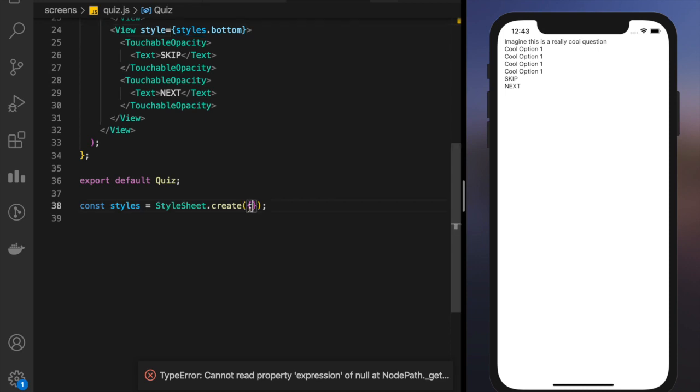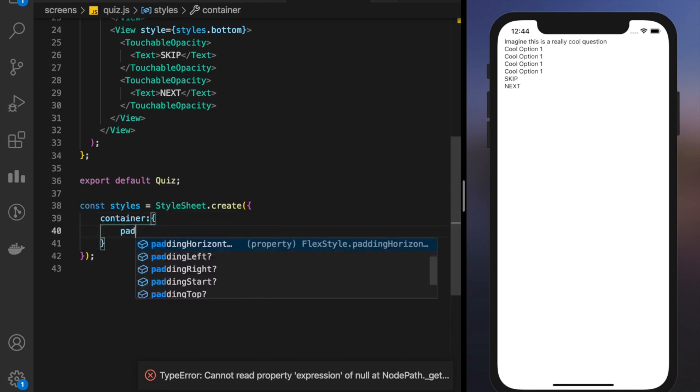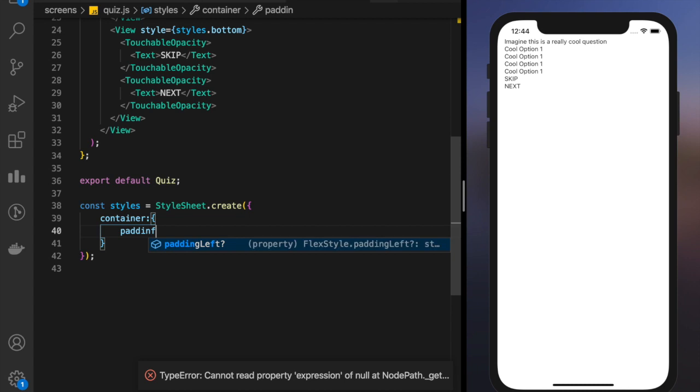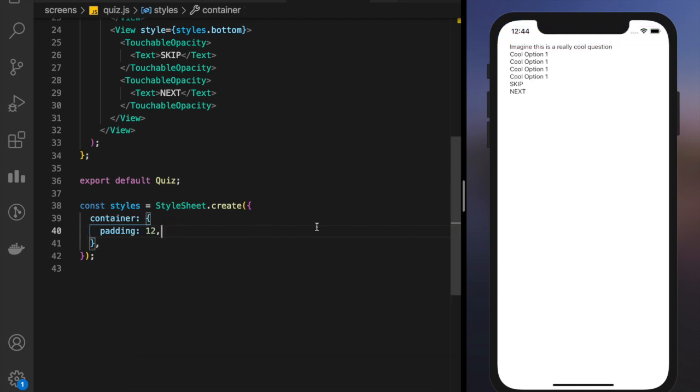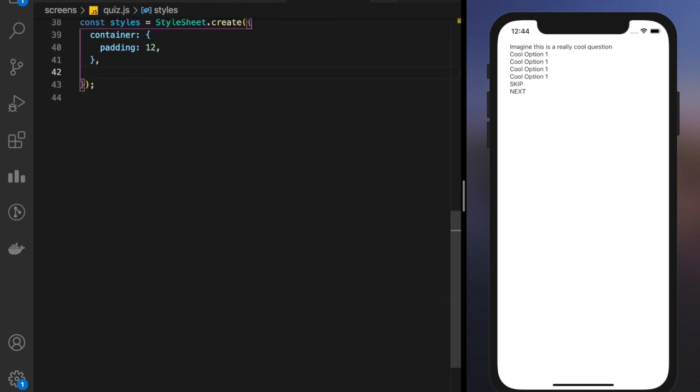Coming here now, first of all let's give a container. It has a padding of its own, but I like to give it some extra padding, so I'll give it a padding of 12. Okay, container is cool. Now what was our first? It was top, right?